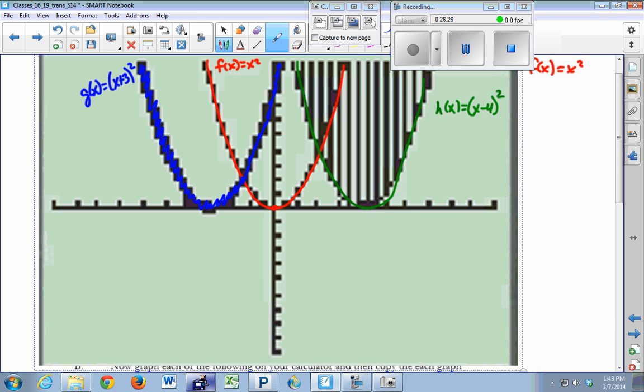In other words, our first point on this parabola right here, our vertex, is 0, 0. And notice, in order to be located at 0, since our x values are all going to have 3 added to them, we have to make them 3 units smaller in order to get to this same point 0. In other words, in order to get a 0 here, I have to put in a number 3 units smaller than 3. And that would give me 0 squared. So this point is moved to the left 3 units.